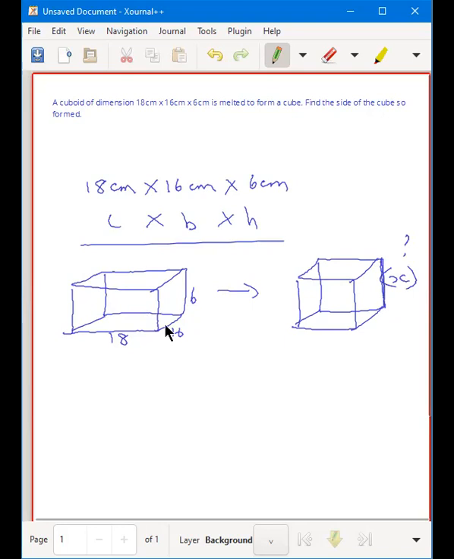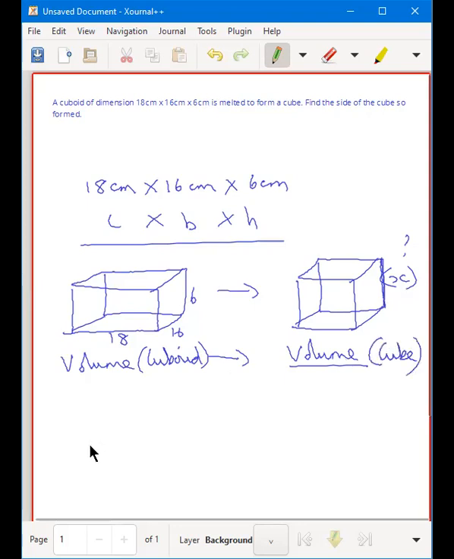These kinds of problems, whenever there is a melting or conversion of one form to the other, I'll give you a hint of what you need to do. Find out the total volume of this shape and equate it to the total volume of this shape, and you'll get the answer. The amount of material, or the volume, will always be the same. The amount of matter inside this cuboid will be equal to the matter inside the cube. So it will be equal to the volume of the cube, so you can get the x cubed. Put those two formulas and message me your answers.